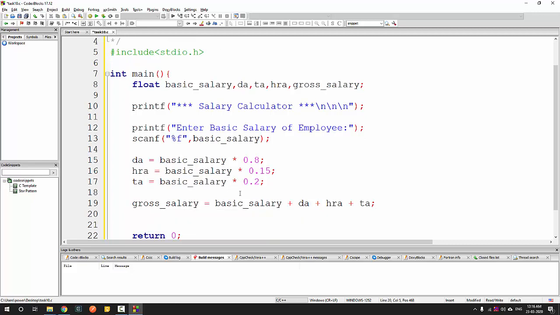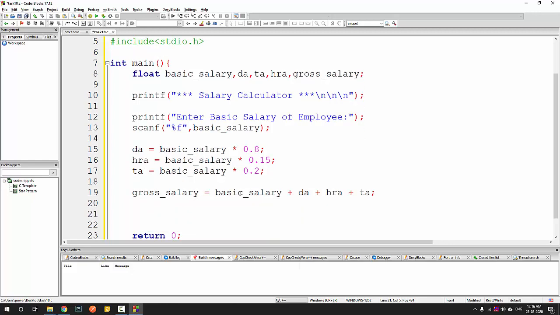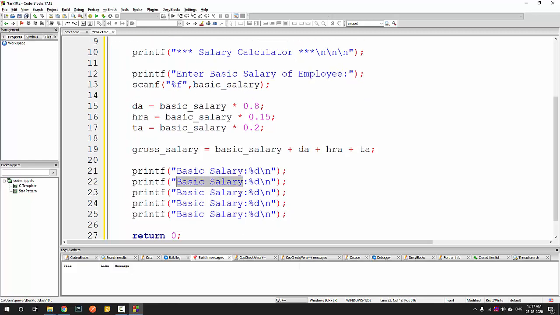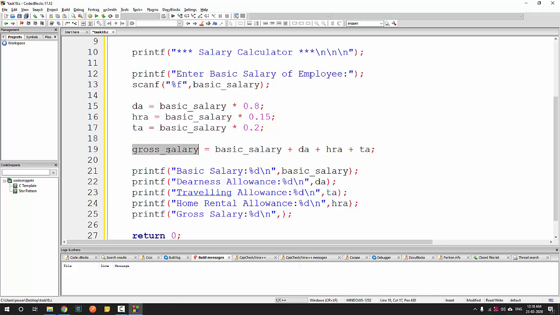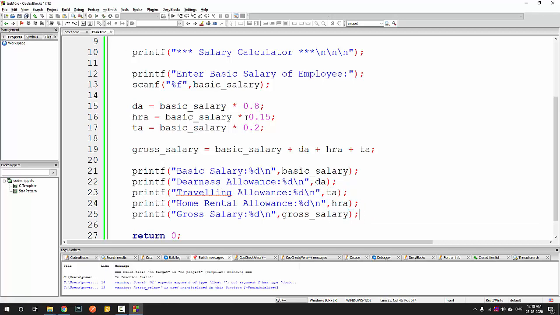Okay, so this is my gross salary. So now is the stage where I start printing the salaries. If it works,